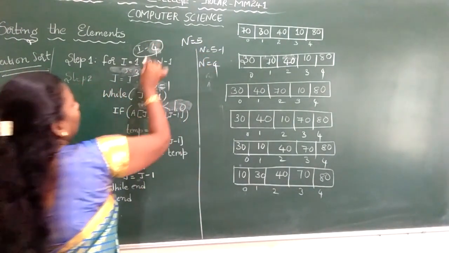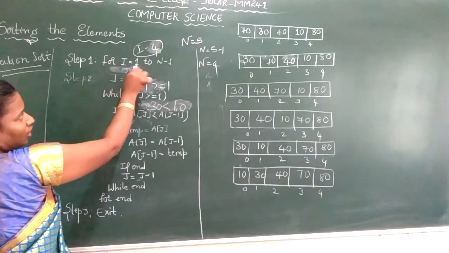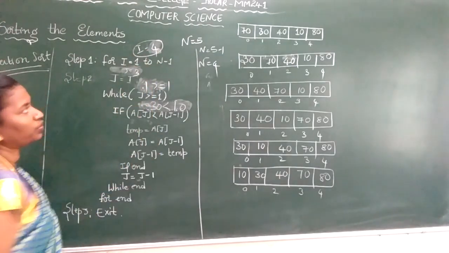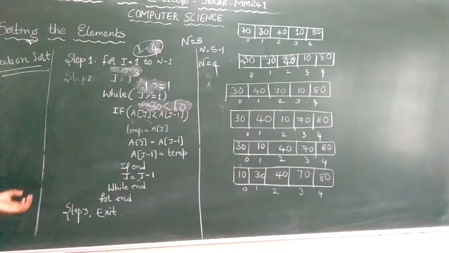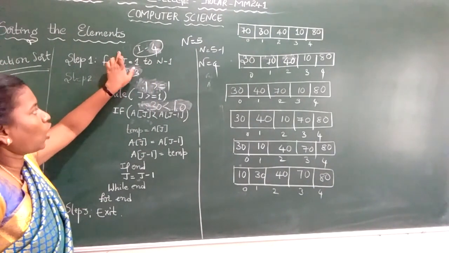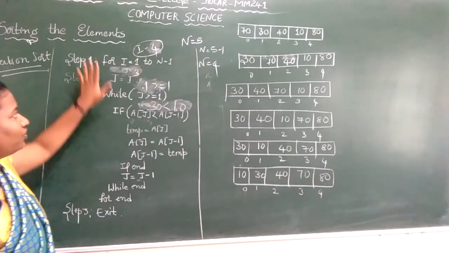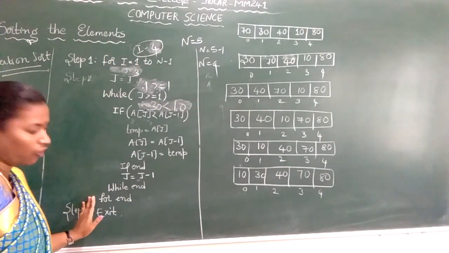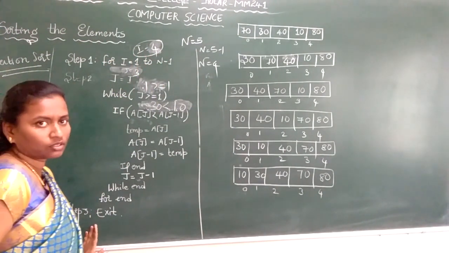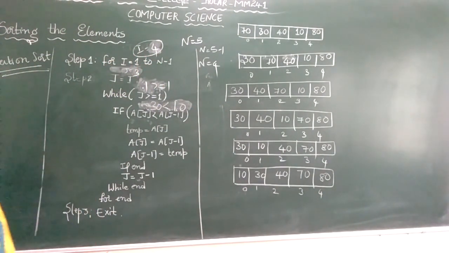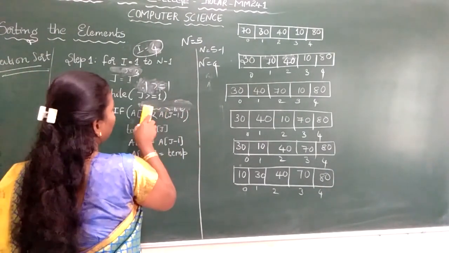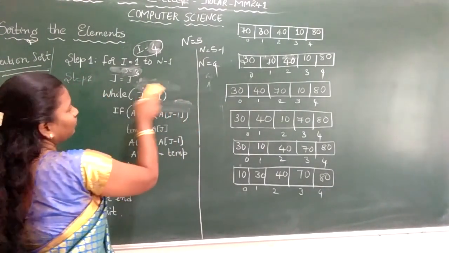So I value is initialized to 1, and up to the I value reaching 4, you need to carry on the for loop. Since we reach that I value is equal to 4, the condition fails, and we come outside the for loop. Then here it ends. So I repeat again from first. I will just explain how to do the insertion sort. This is how the sorting technique works.